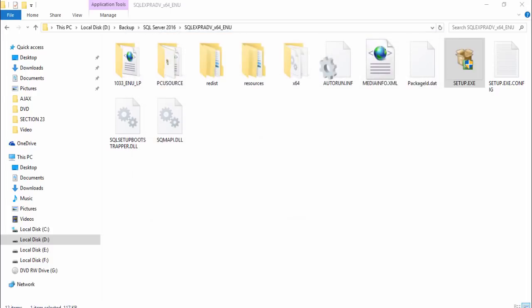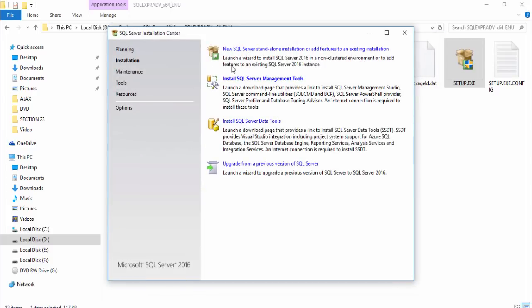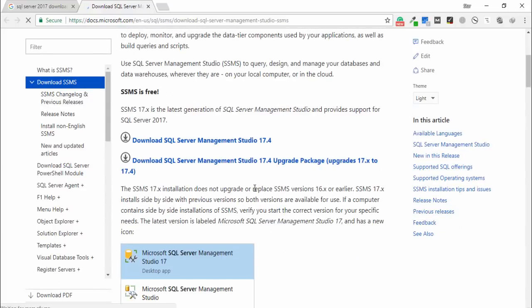setup, and then you need to download and install SQL Server Management Studio, which is used to run the SQL Server queries. So you need to click on it, and then you will see the download option appear on this page. Just a couple of seconds. Now guys, you can see here, download SQL Server Management Studio 17.4. Okay, click on it,